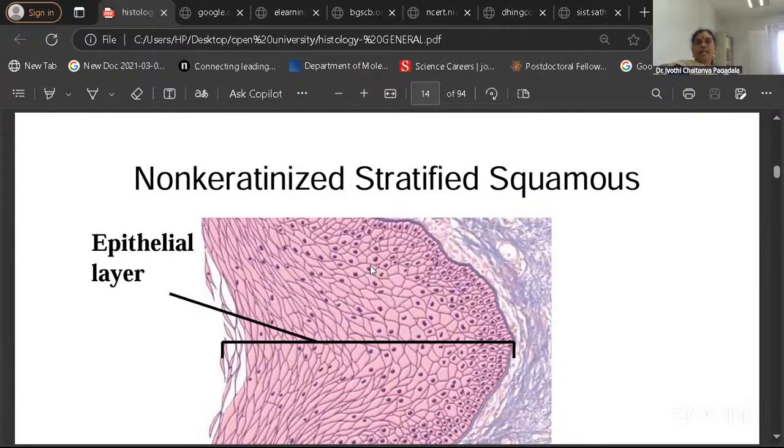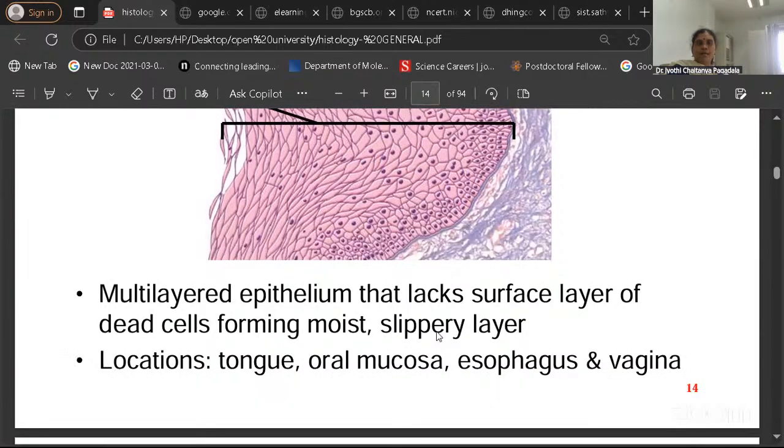And non-keratinized stratified squamous epithelium is a multi-layered epithelial layer that lacks the surface layer of dead cells, forming moist